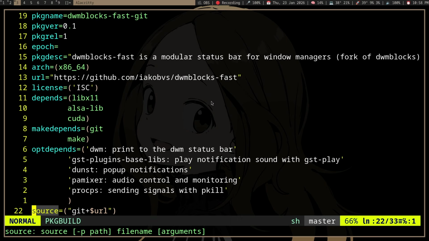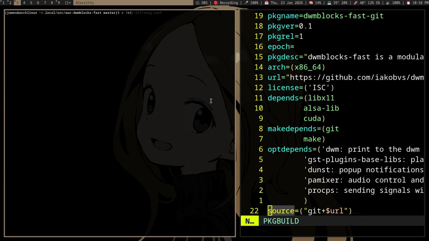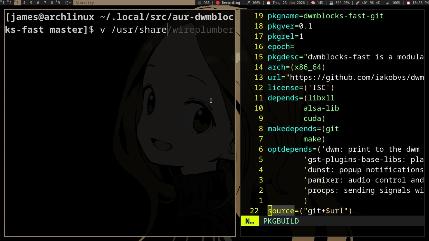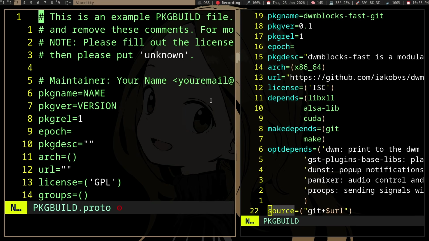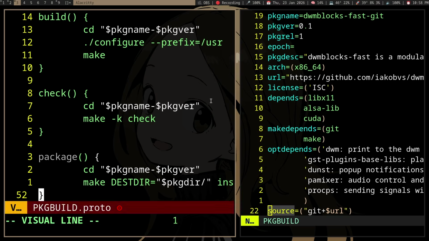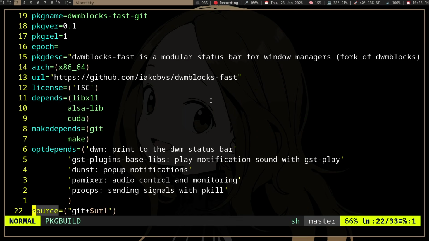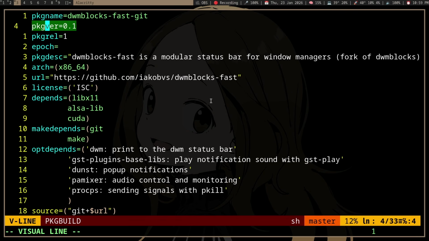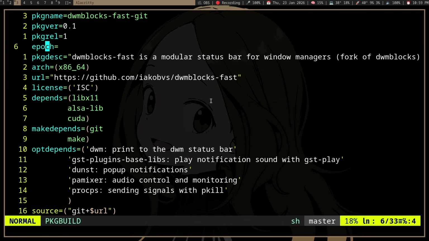So for Arch Linux, you need to make a package build, which you can obtain from, what is it, user share pacman. You can copy this. You have the package name, the version, I believe this is the version for the package build, and the description,